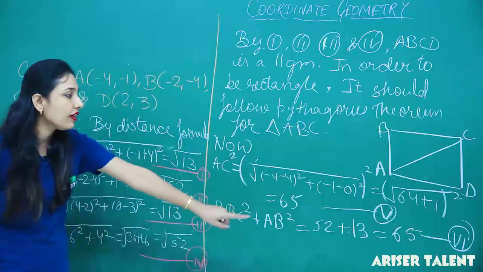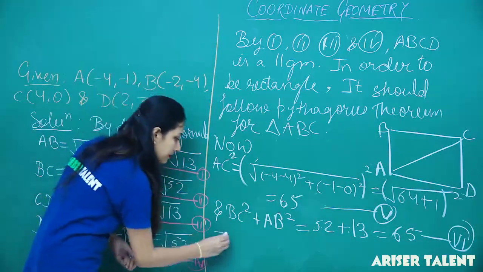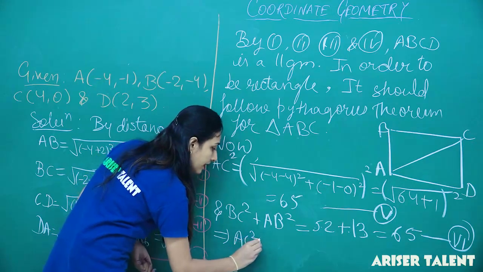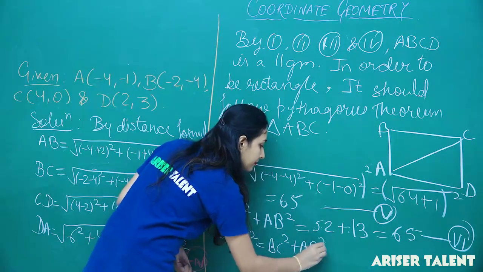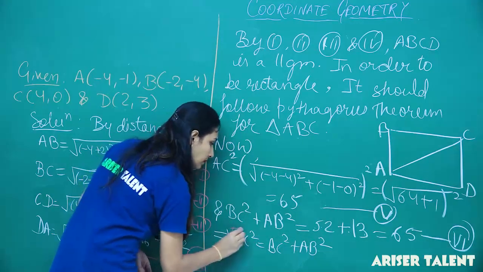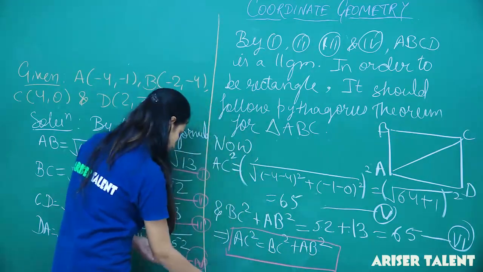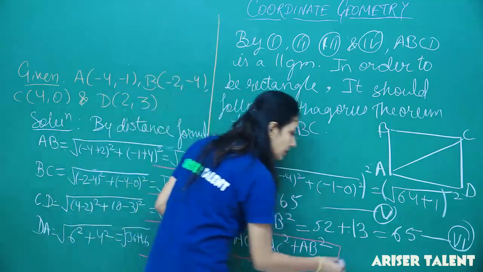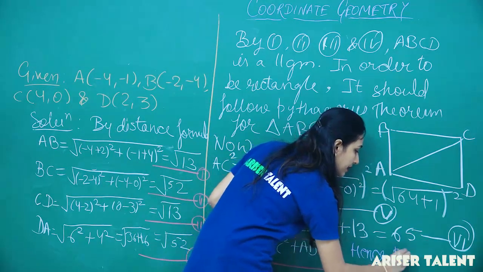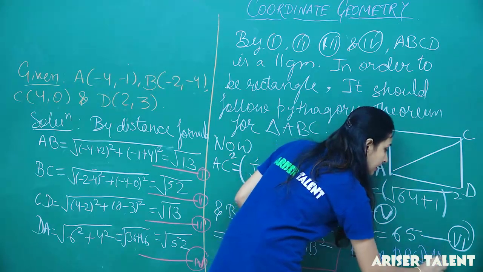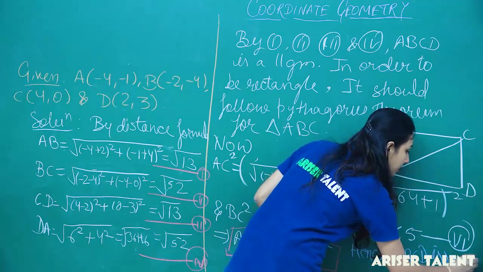So this is 65, this is 65, that means AC square equals to BC square plus AB square. Hence, ABCD is rectangle,